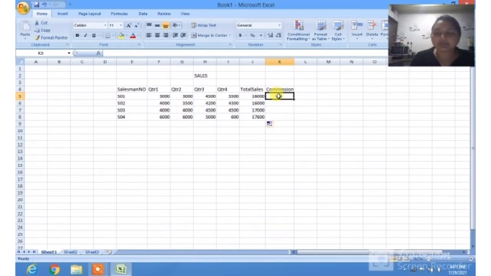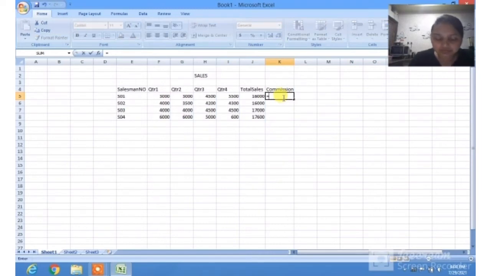Here I am applying commission. So here you are told to apply a commission of 10% on total sales. The total sales value is in J5. See students, if you are confused about the cell addresses, then you can also check the cell addresses in the Name Box area. Go to the Name Box area and you can check your cell addresses easily. Now for commission, I will write the formula here in the cell itself.